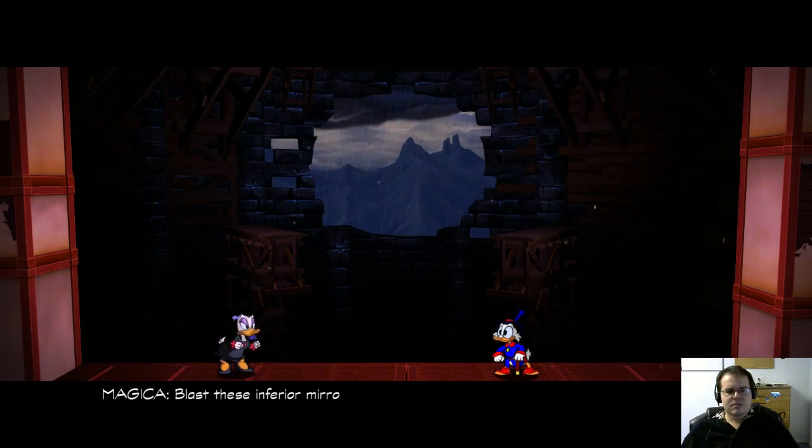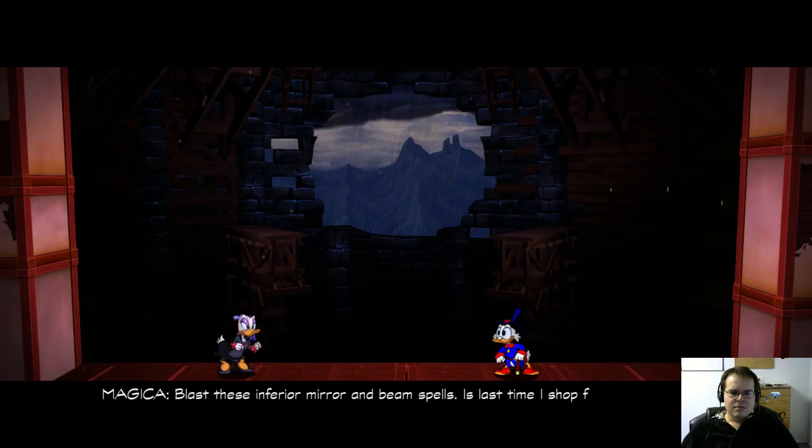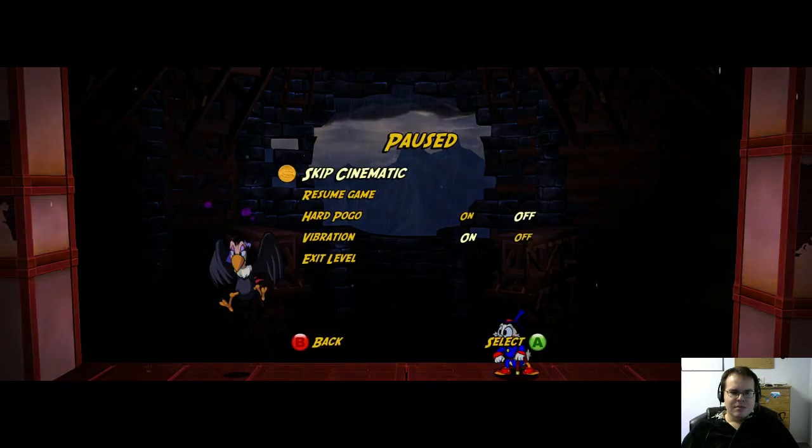Blast these inferior mirror and beam spells. It's the last time I shop for spell ingredients at the discount store. You...